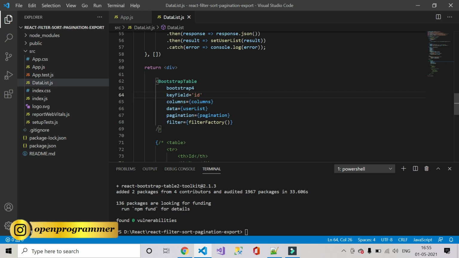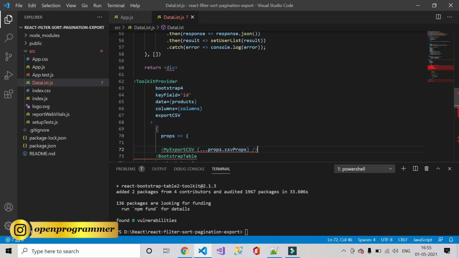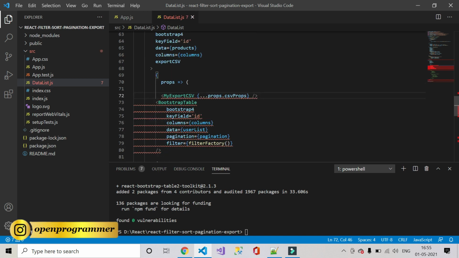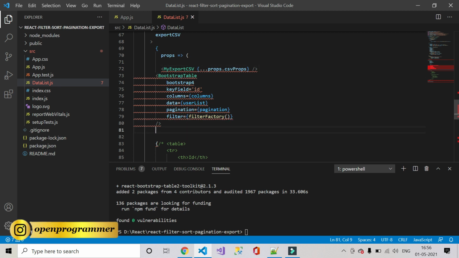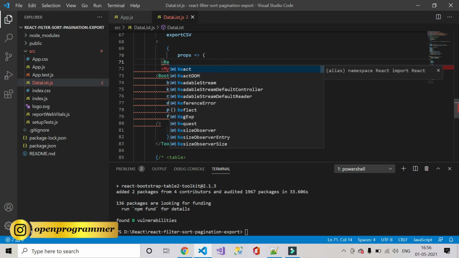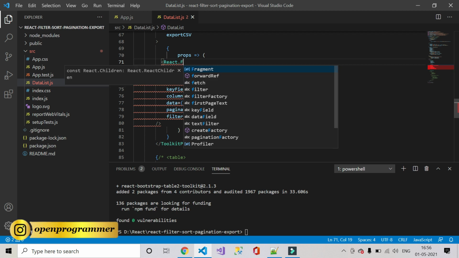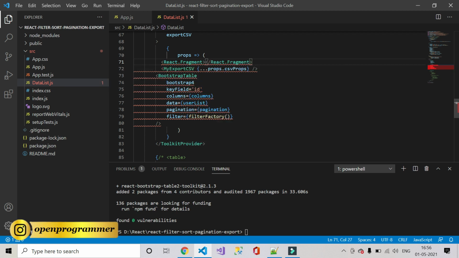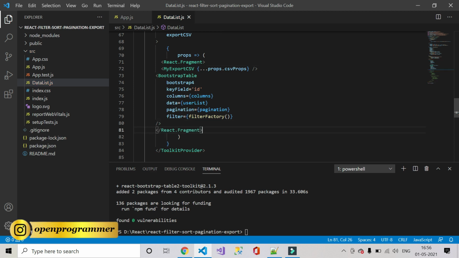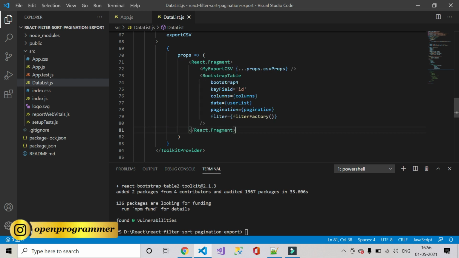First let me align this Bootstrap table into a toolkit tag, and let me also wrap both the controls into React.Fragment, because we cannot return more than one element in React, as we have a limitation. So let's align this.